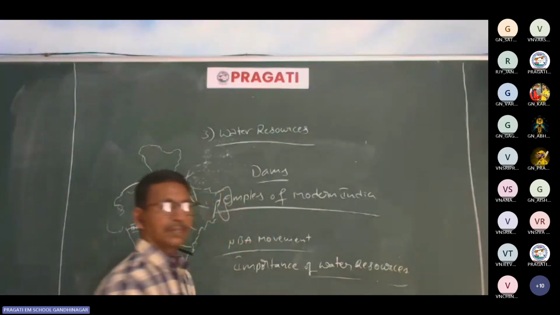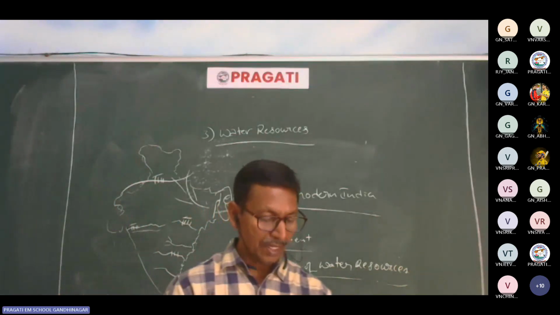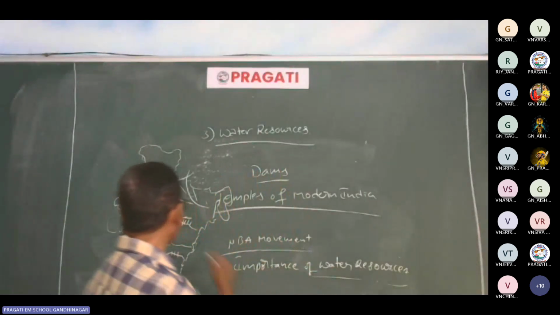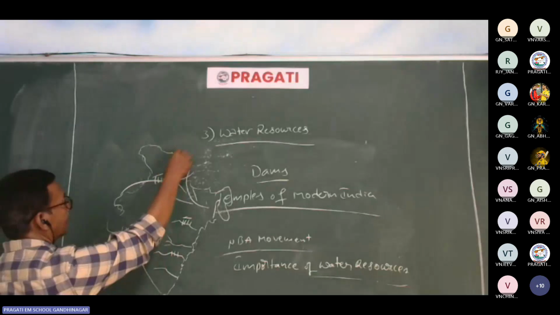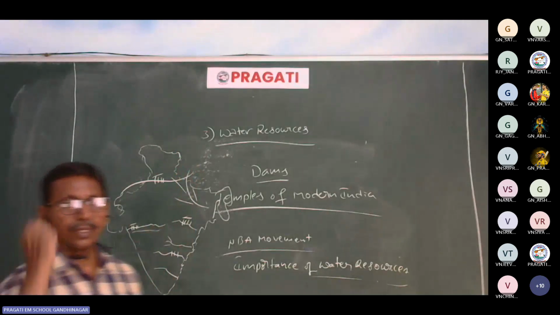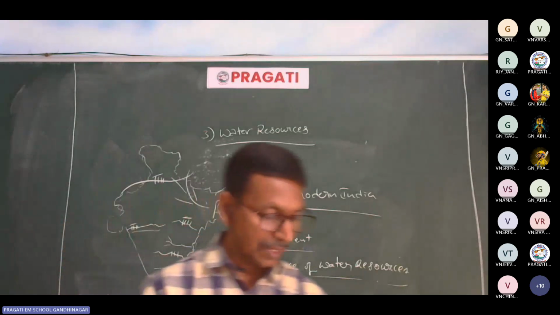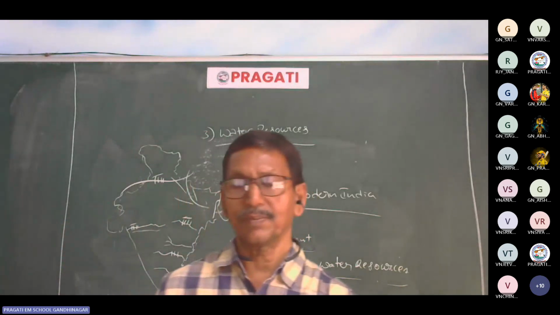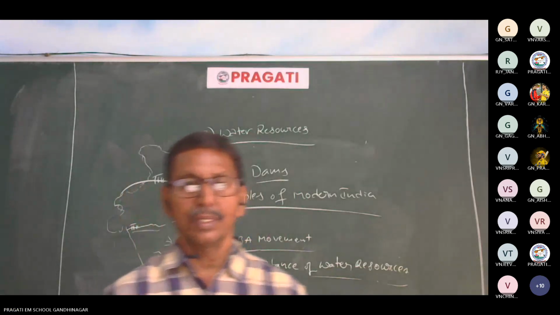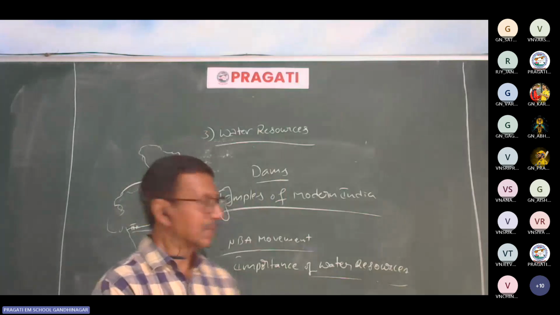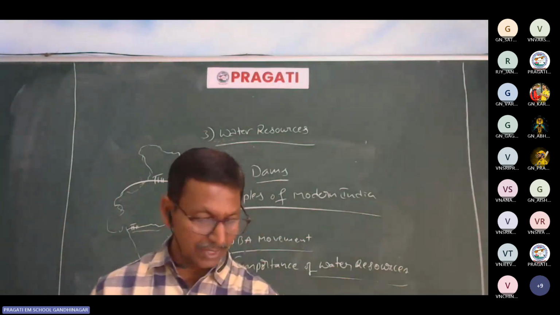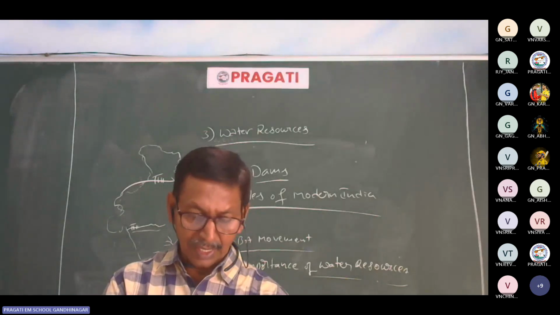Importance of water resources: for domestic purposes, urban and domestic use, energy generation. Power is generated now. Across the rivers, many dams were constructed. Okay, the power generation, as well as industries, agriculture, there are many benefits. Industries also are competing with agriculture. That is why there is a need to compromise. That is the reason also why we are facing water scarcity in India.